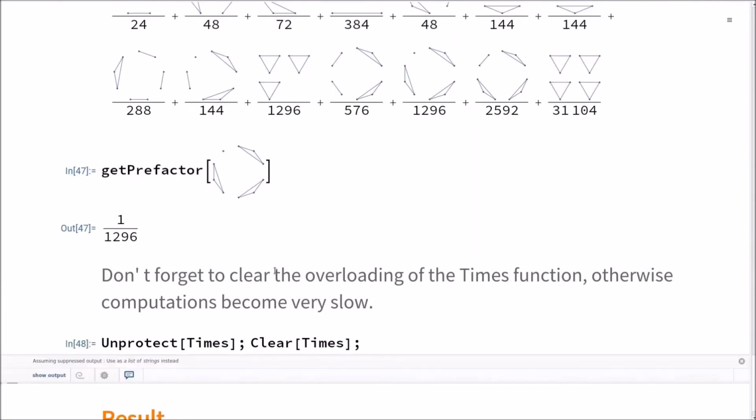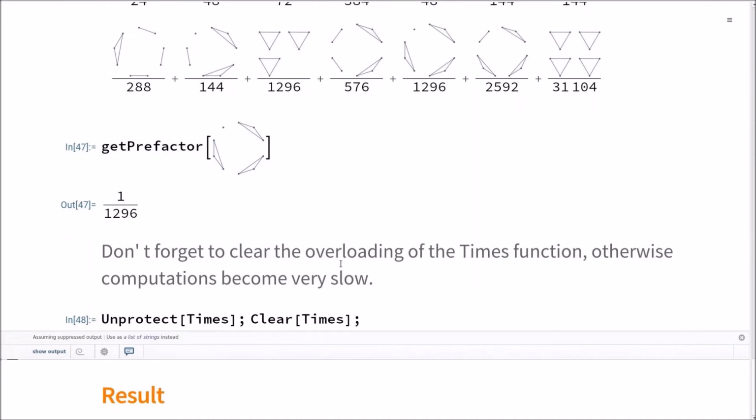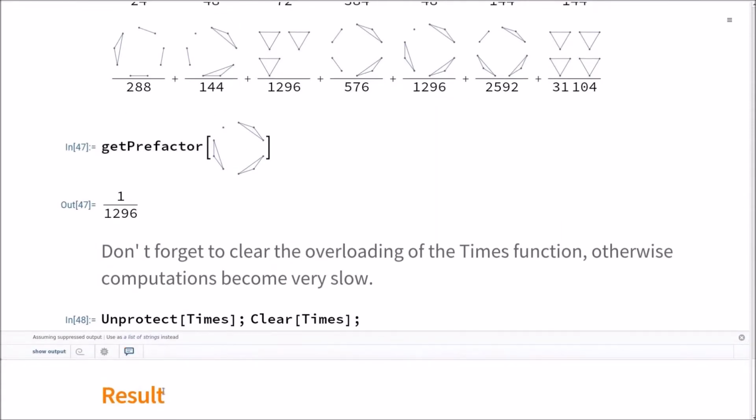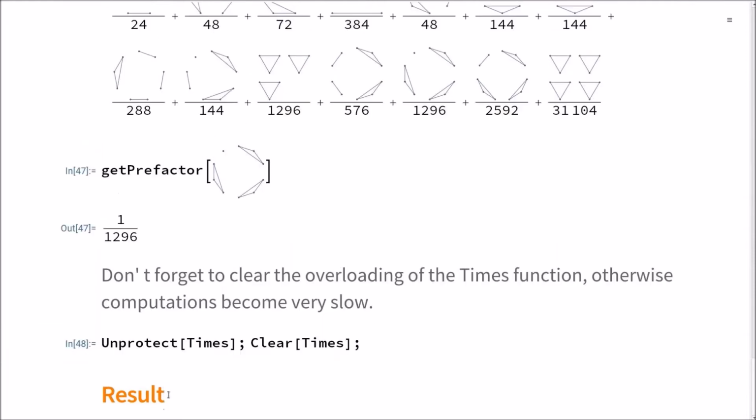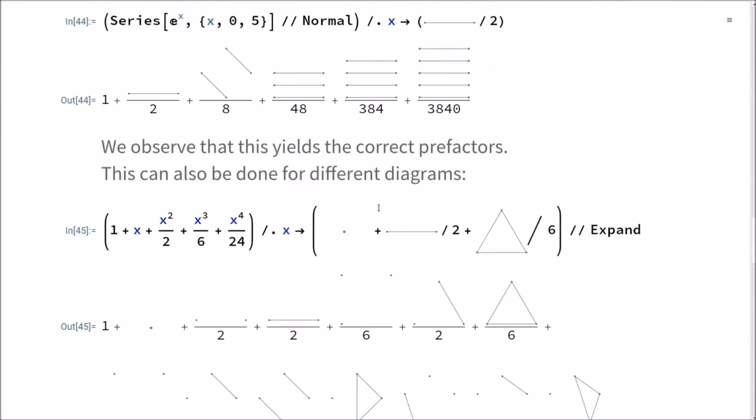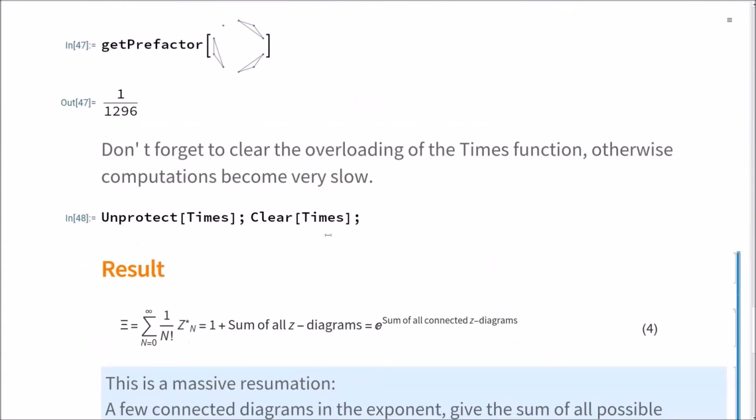Okay, we have to take time here so that later things don't take too long, because it always tries to do some multiplication with this, or to use this combination of graphs. So I cleared the times function again. But what is important here, what we have seen before, is that